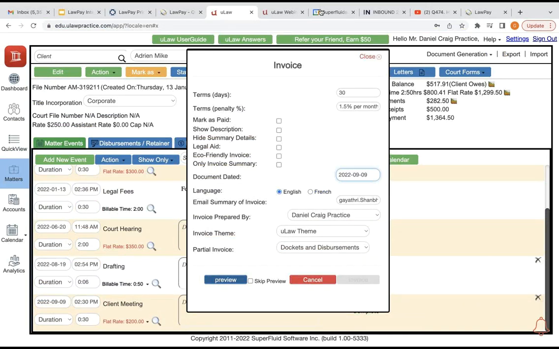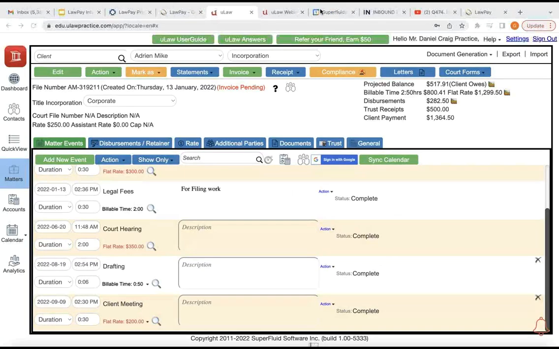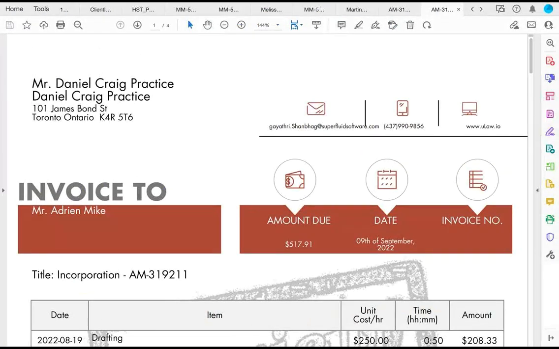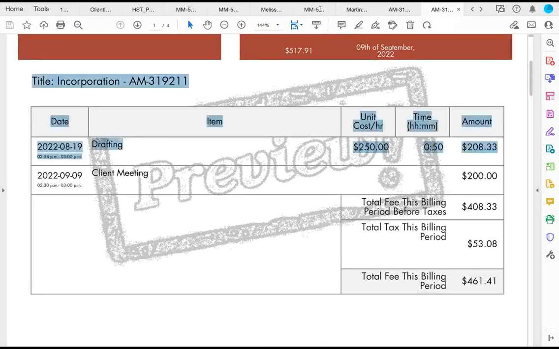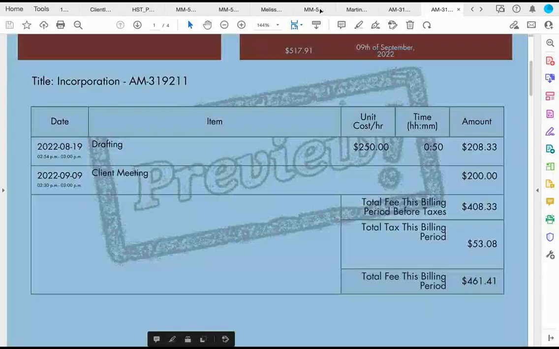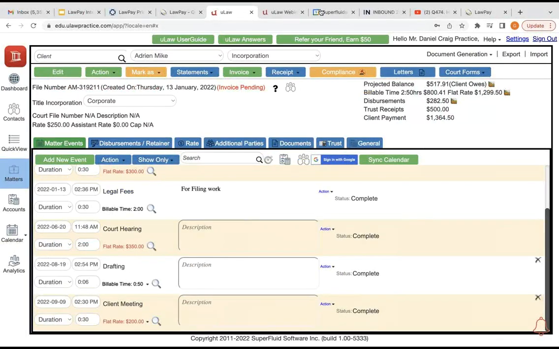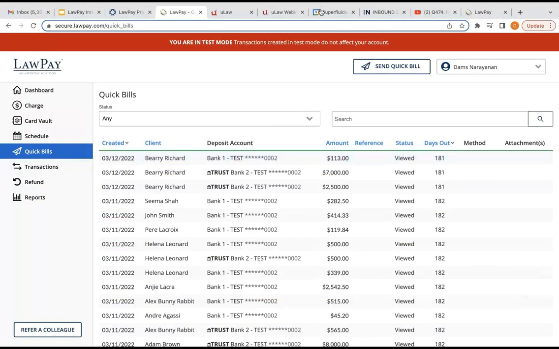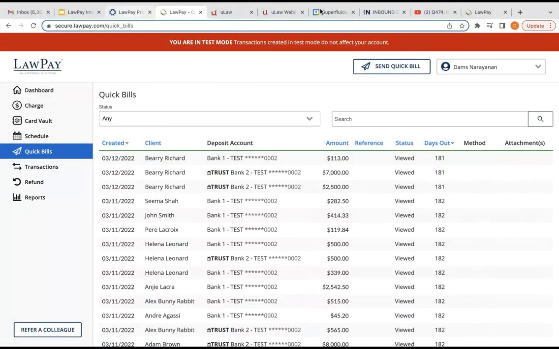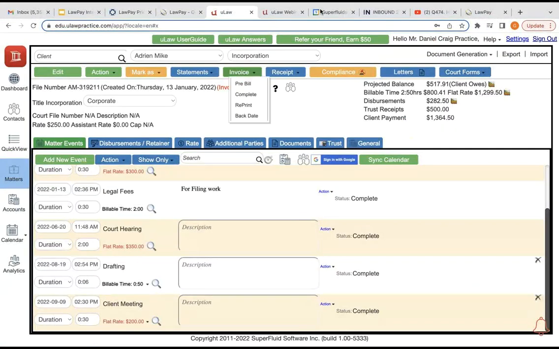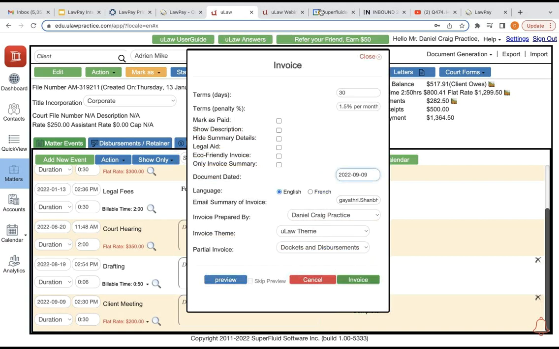I'm completing this invoice. When I preview it, you're not going to be seeing it under the Quickbill, because preview is only for your internal purposes. Preview is for you to see what are the dockets that you're going to be invoicing your client, something from the previous month and something from the current month. And while you're doing a preview, if you go to Quickbill, you're not seeing anything here after the 12th of March. However, if you go into uLaw now and complete the invoice,